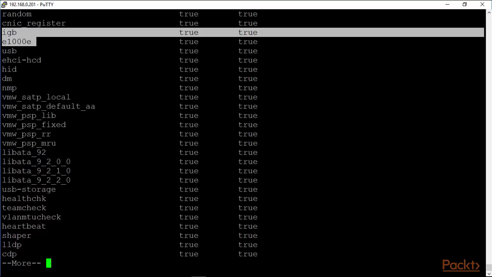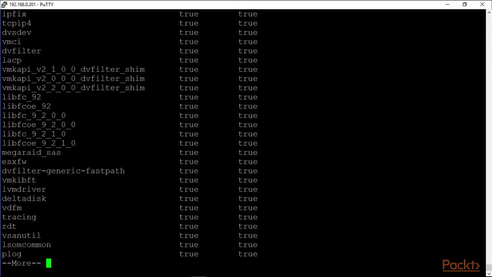So we'll deal with that later, the PSA. Keep going: Shaper, LLDP, CDP drivers, of course. MegaRAID SAS, because I'm actually using a card from MegaRAID, and you can see some FCoE drivers, some FC drivers. Here are the LACP drivers. VMCI is for inter-VM communications. It's not really used, but when I reviewed it again, the VMCI